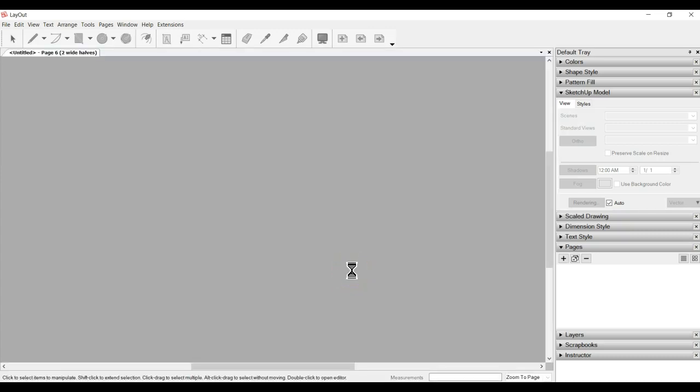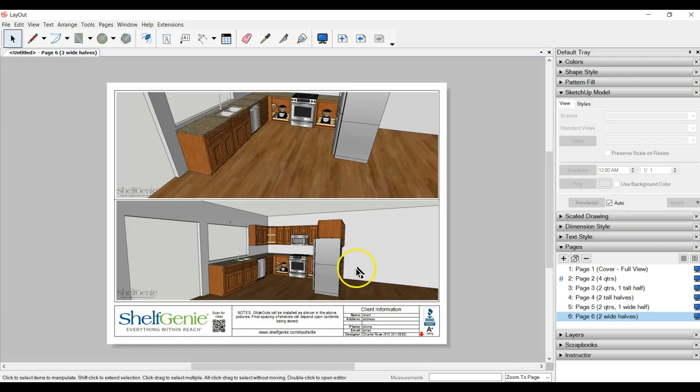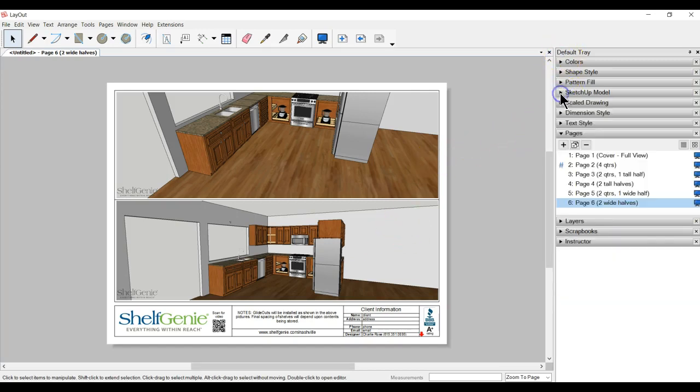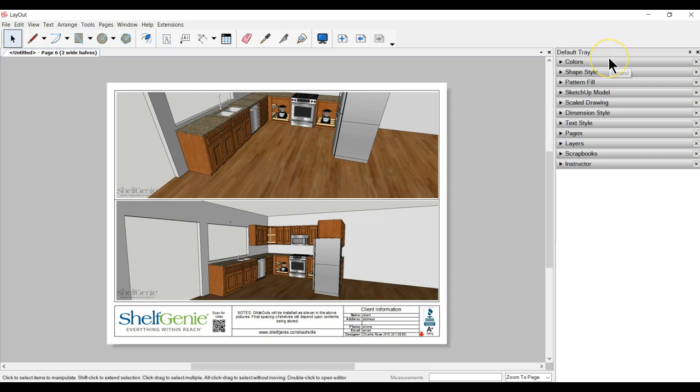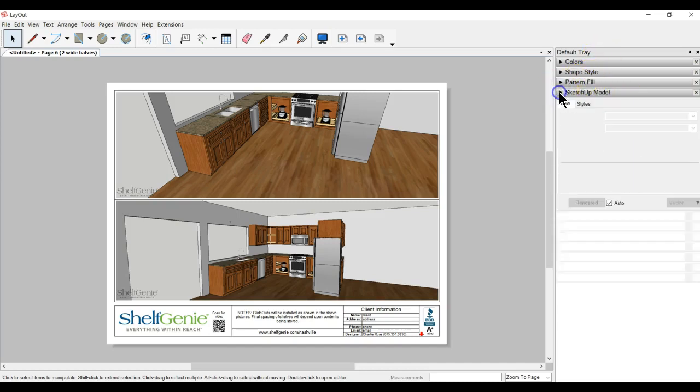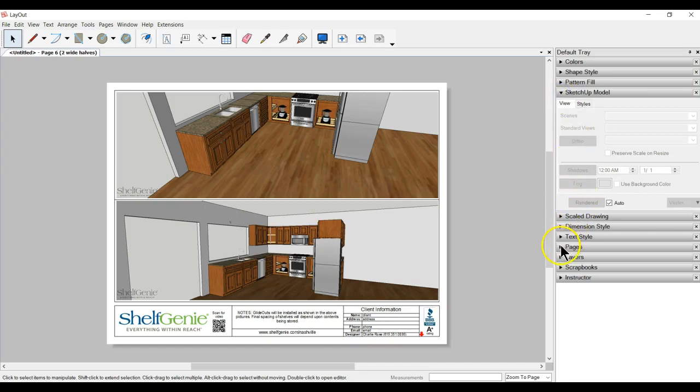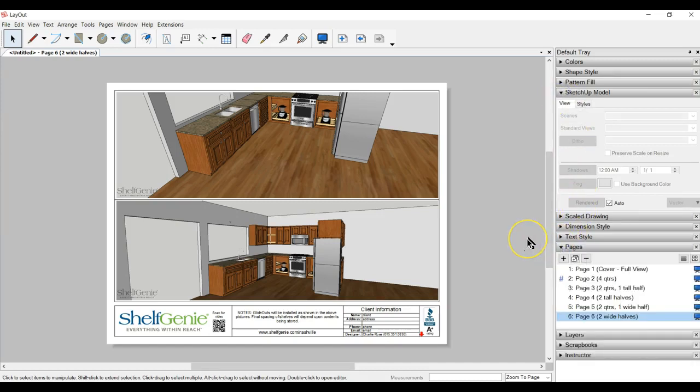So I recommend that you have this done ahead of time so that you've got this ready to go, if you're doing it in the client's home, which is what I do. If I look to the right-hand side, similar to what we showed in SketchUp, you've got the default tray over here. There are 2 particular menus or screens that we're going to work in the default tray. One is the SketchUp model, so you want to make sure that's open. And then the other is the pages,